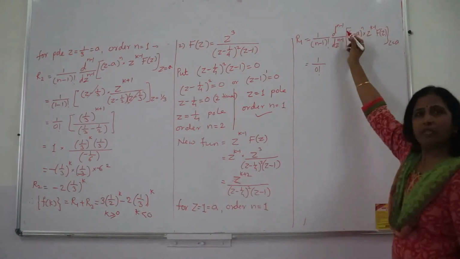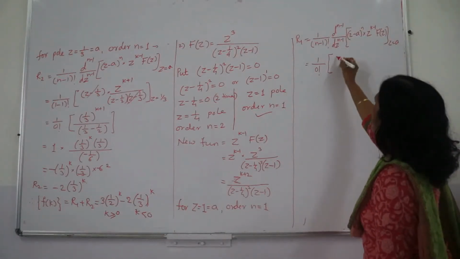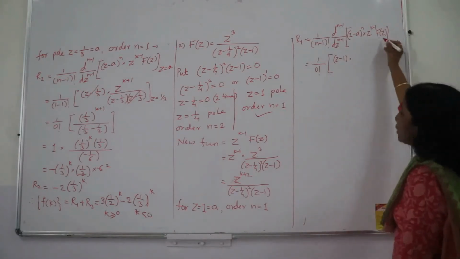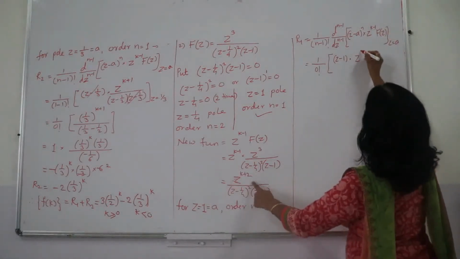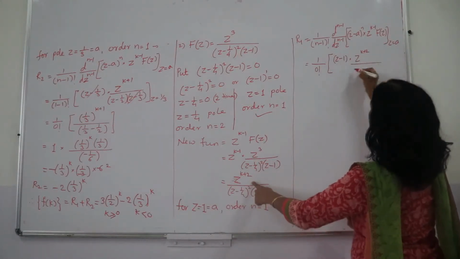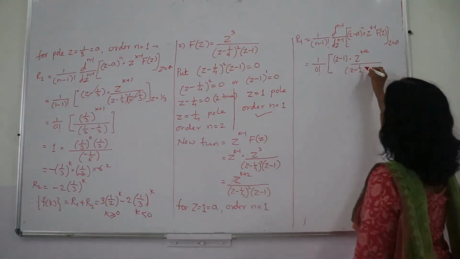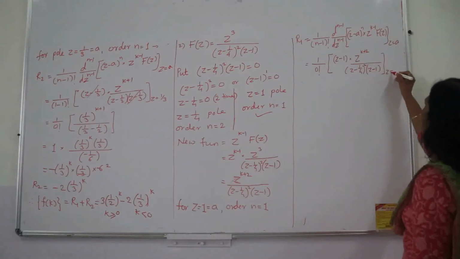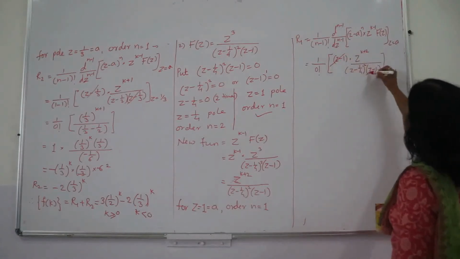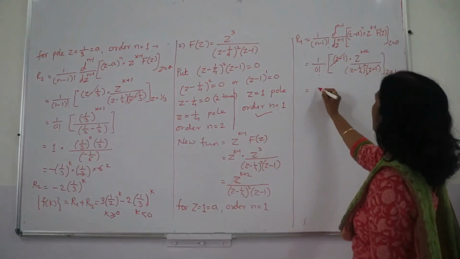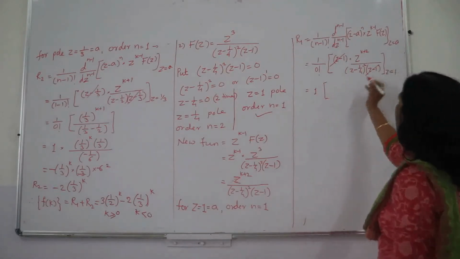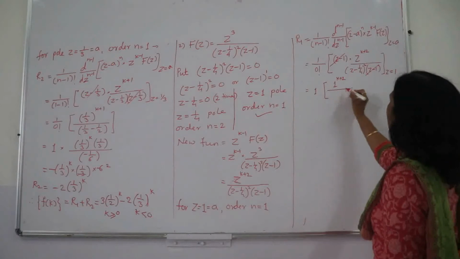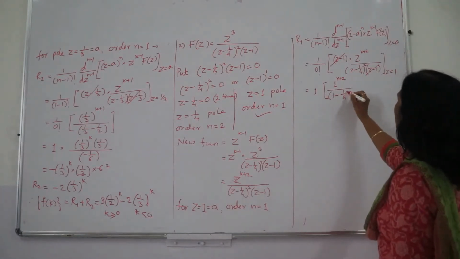Now n minus 1 is the 0th order, which means no derivative. Then here z minus a, the value is 1 and the power is 1, so no need to write it down. This is the function which you calculated here, see, z raised to k plus 2 divided by (z minus 1/4) square and (z minus 1), and in that you have to place z is equal to 1. So first of all these two factors will get cancelled. 0 factorial is 1 as you know, and then wherever there is z I have to place 1. So 1 raised to k plus 2 divided by (1 minus 1/4) square.